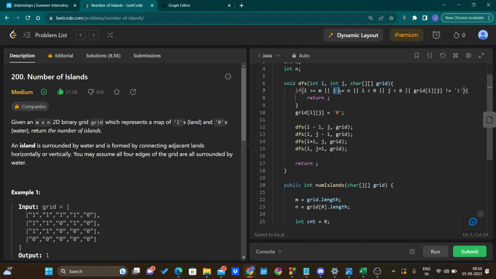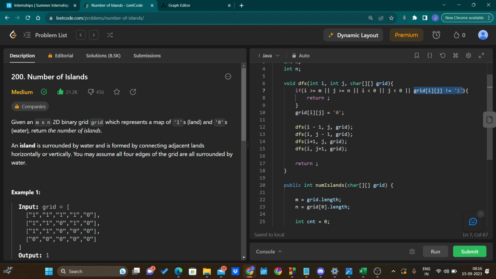Or if j is greater than or equal to the number of columns, we have to backtrack the recursion. If i goes below the minimum number of rows present in the matrix, we have to backtrack the recursion. Or if j goes below the minimum number of columns present in the matrix, we have to backtrack the recursion. Or if grid[i][j] is not a land,